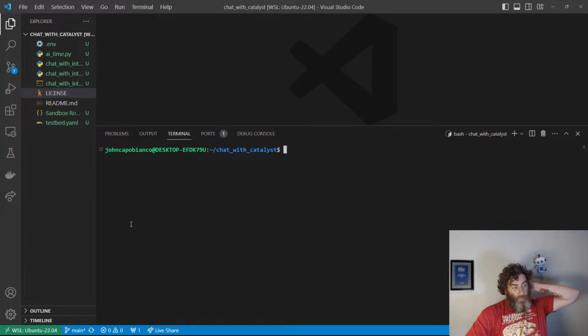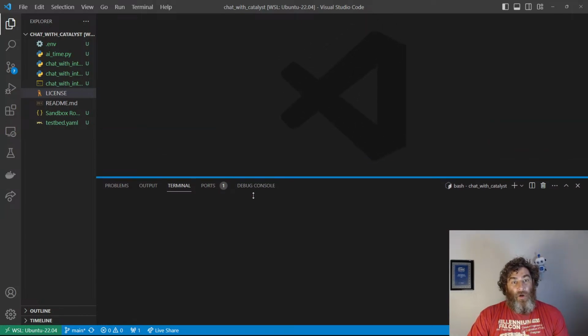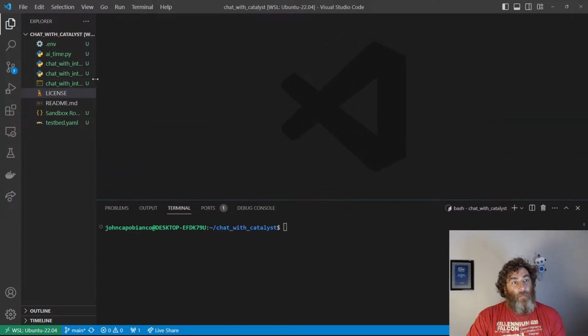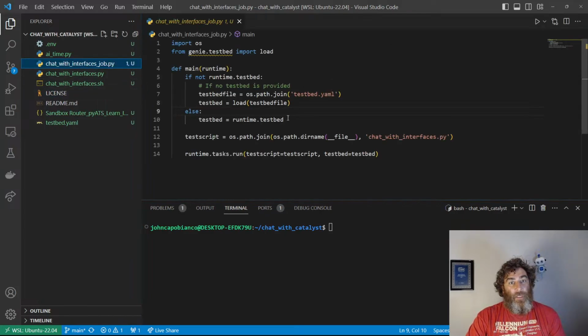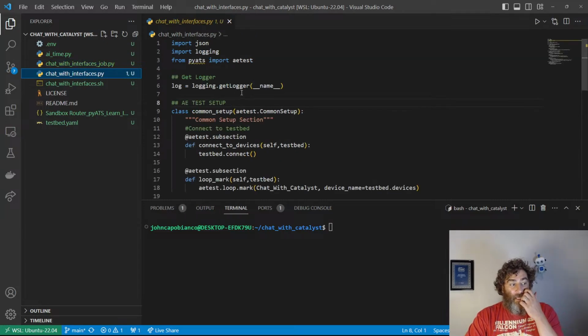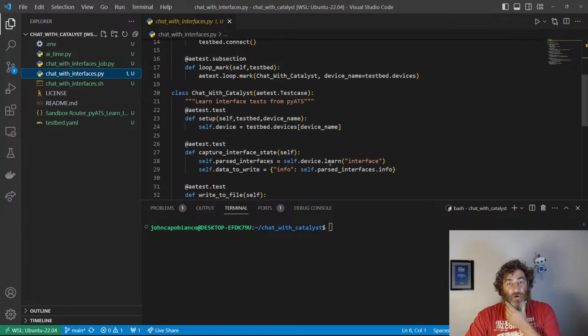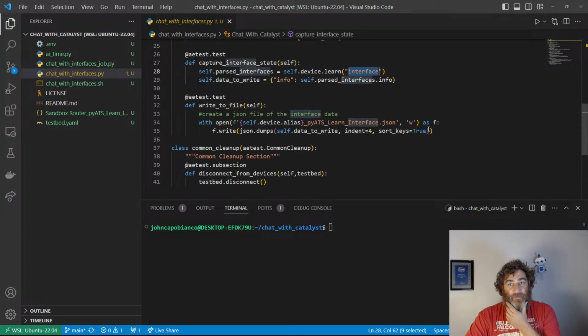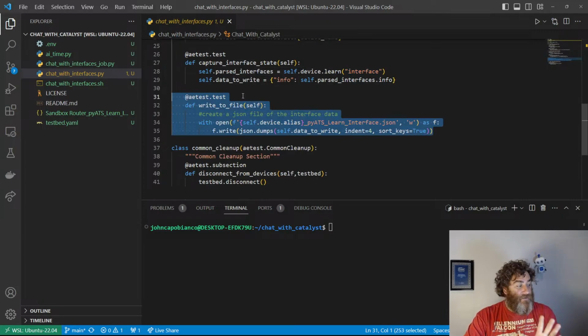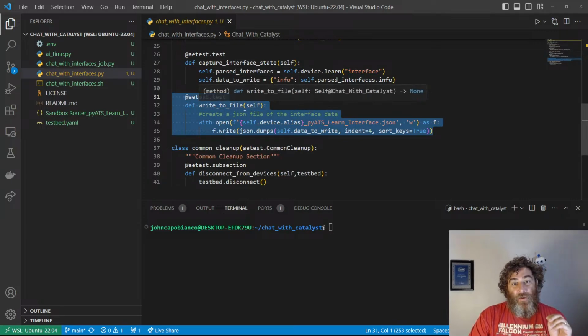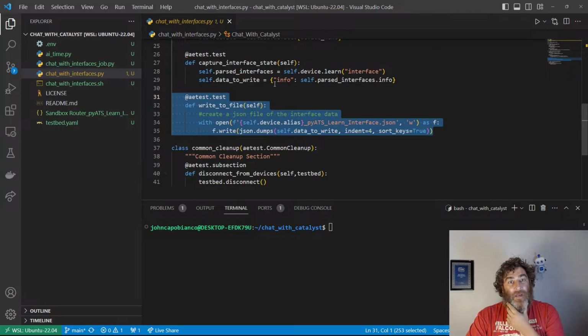What we're going to do is, okay, good. So, all right, where to start? I have a pyATS job, and this is the job file. And what the job file does is basically all I'm doing is learning .learn interface and stuffing it into a file. So that's pyATS's role in this, to connect to the device and create a JSON file, and specifically